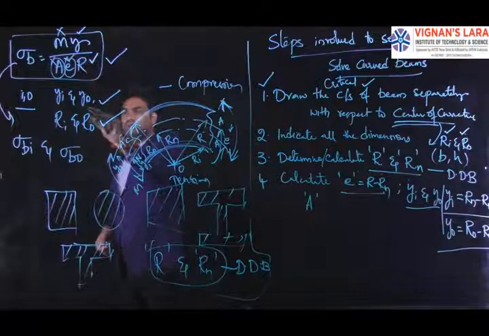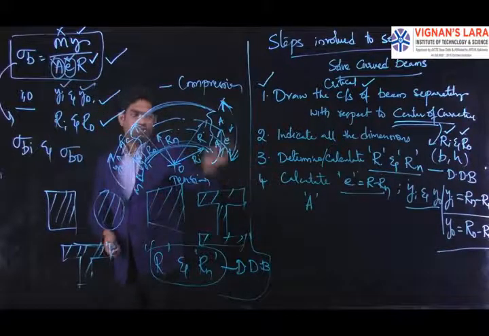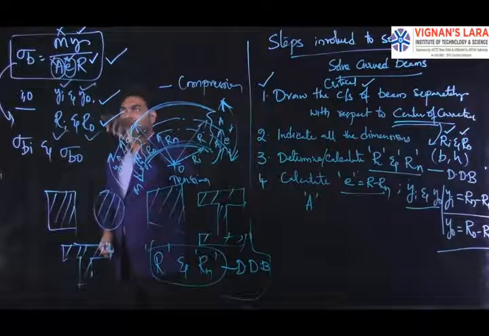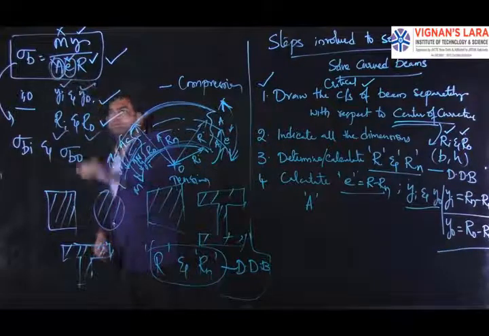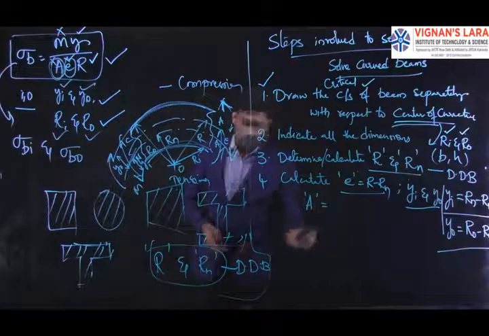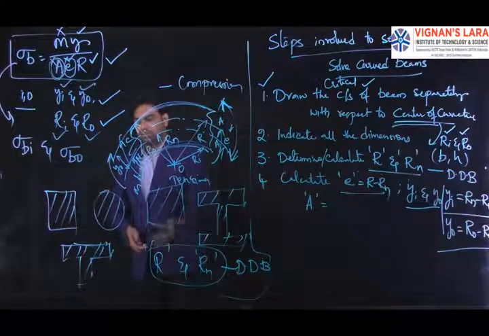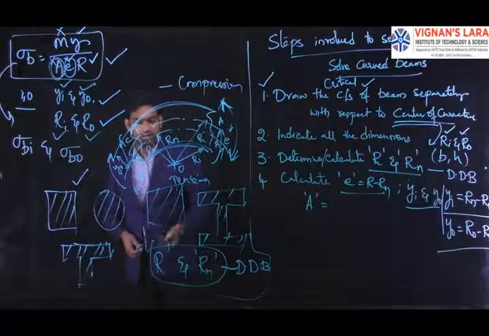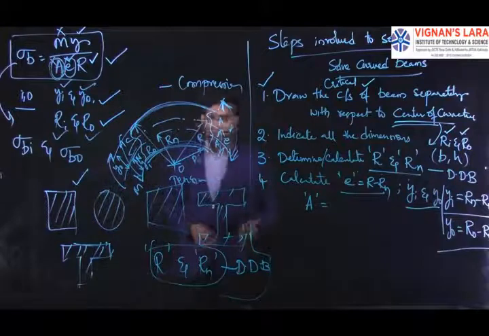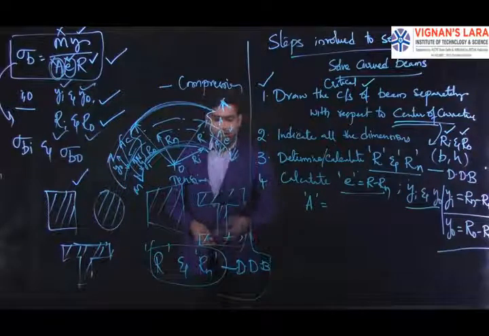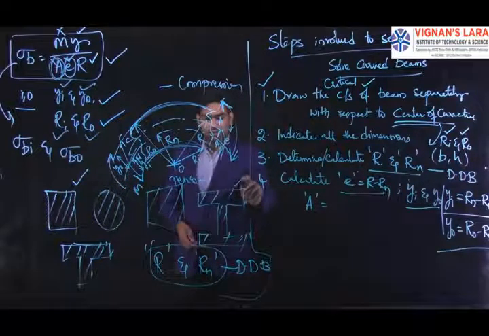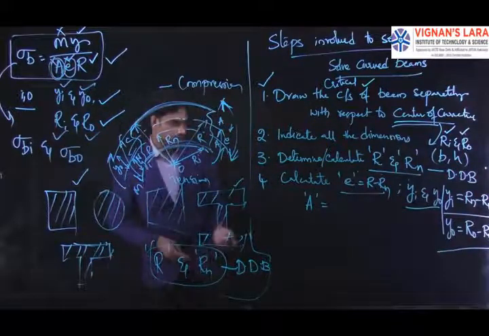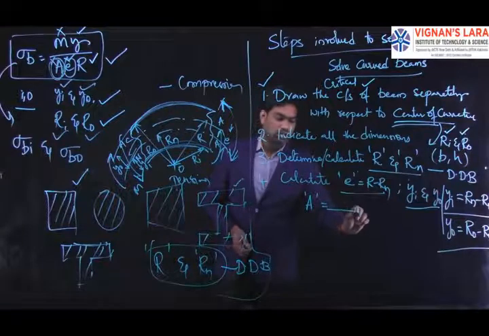We need Ya and Y0, which we are finding out, and Ri and R0 are given in the data. The only thing remaining is the cross sectional area. Based upon the section given, you can find out the cross sectional area. For a rectangular section it is b into h, for a circular section it is pi by 4 d square, and for a trapezoidal section it is half into (b plus b naught) into h. For an I section, it is divided into rectangles, and these are two rectangles. So we can find out the area.